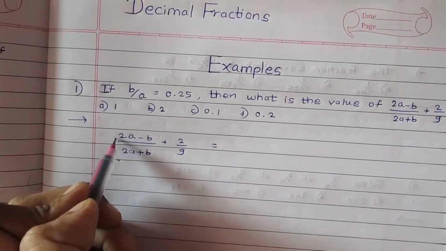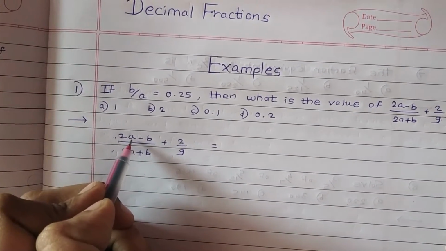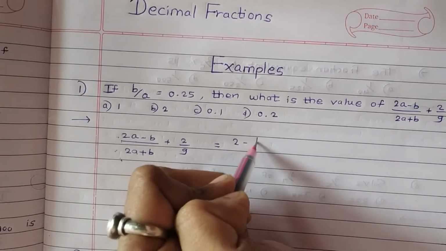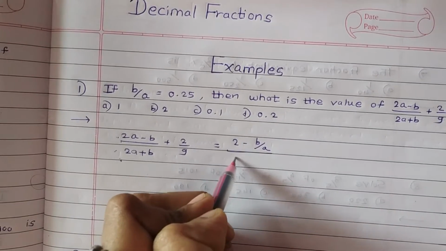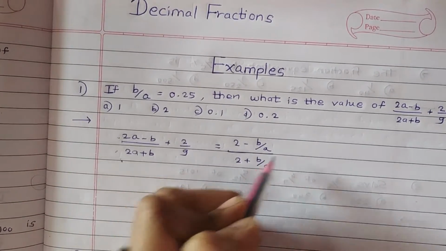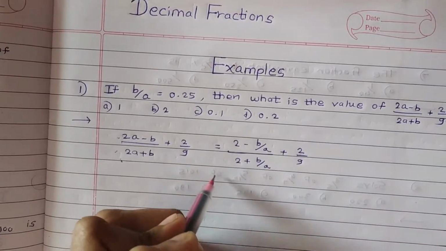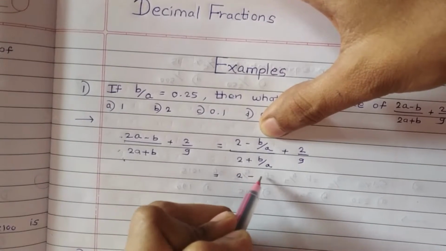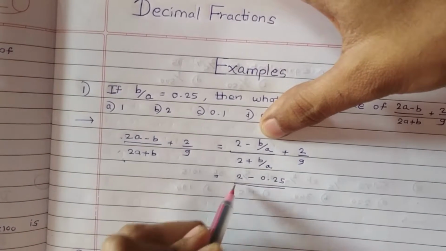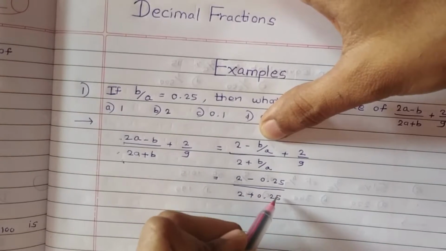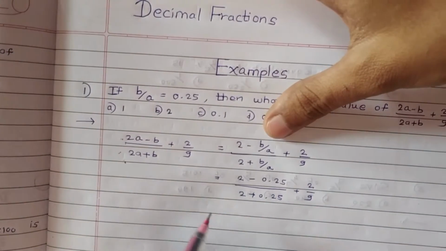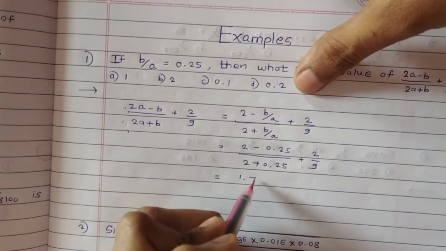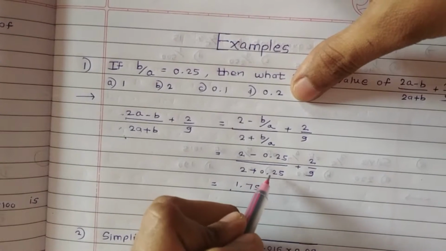Then by dividing numerator and denominator by a, the a will cancel with the a and just remain (2 minus b upon a) upon (2 plus b upon a) plus 2 upon 9. Now you can substitute the given value here. Then (2 minus 0.25) upon (2 plus 0.25) plus 2 upon 9, which is equal to 2 minus 0.25 will become 1.75 upon 2 plus 0.25 will become